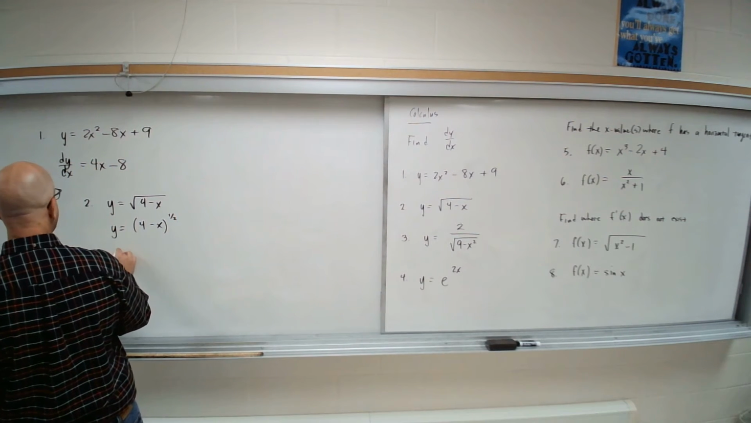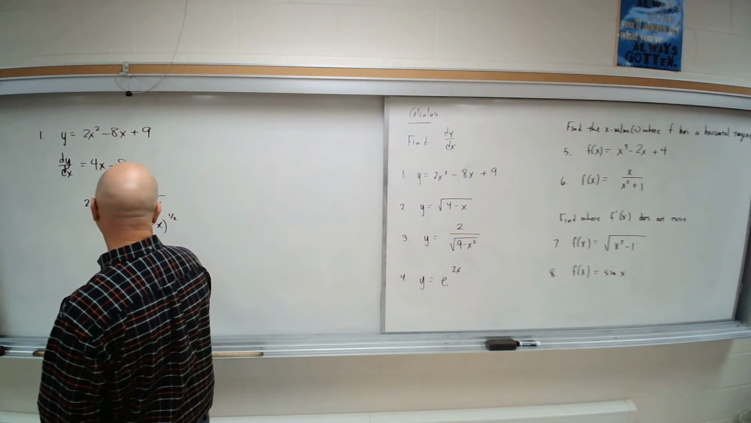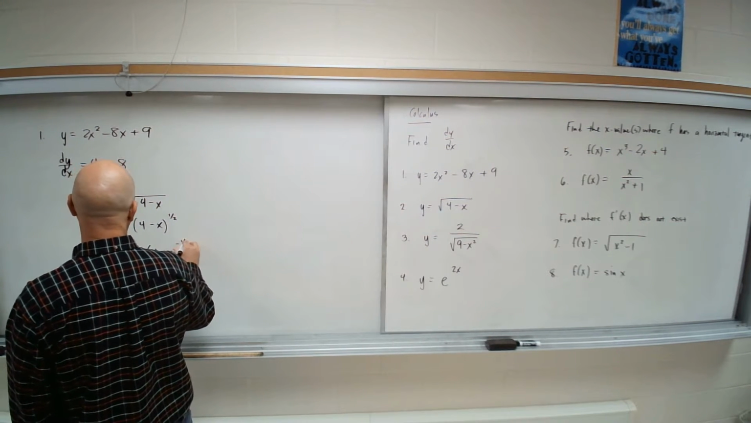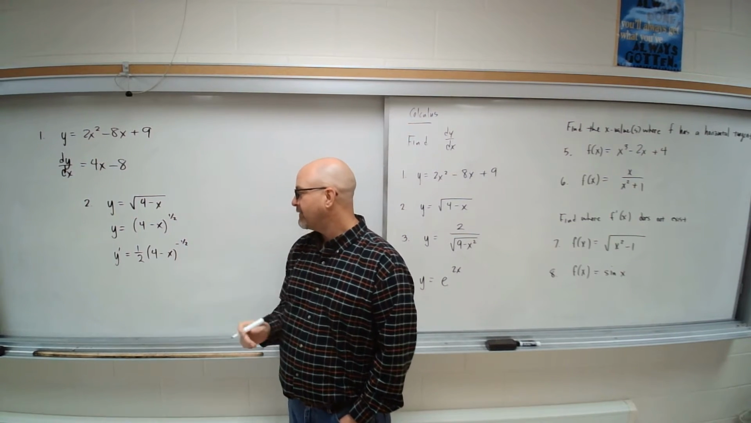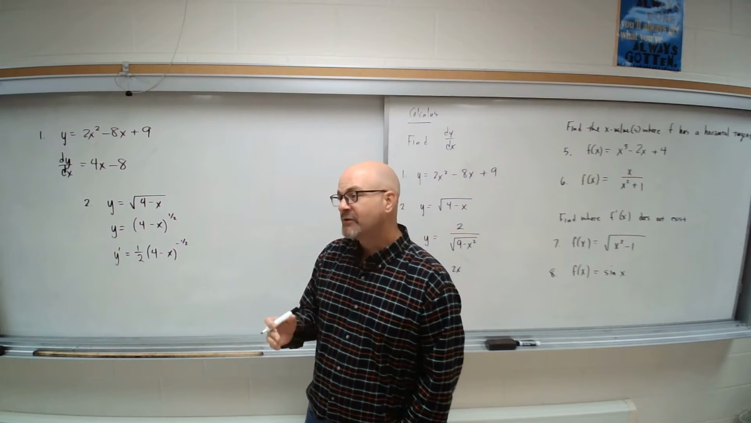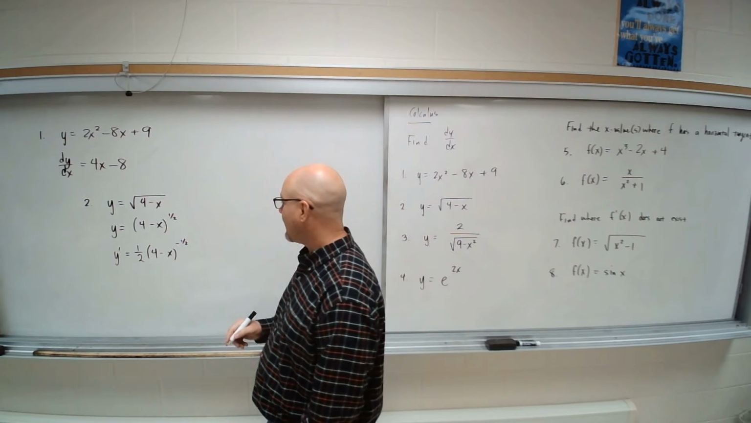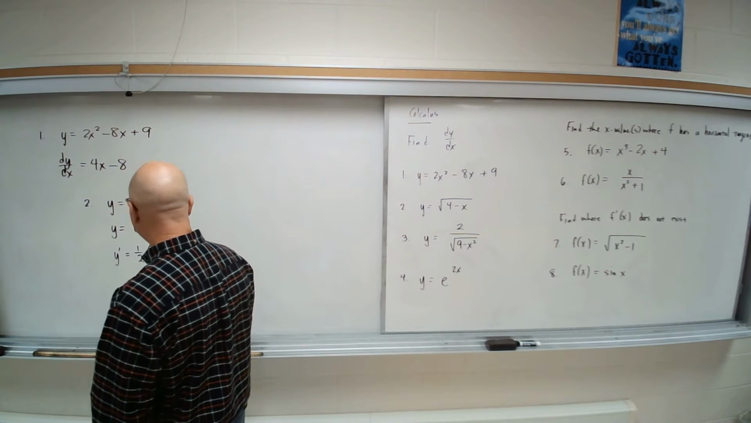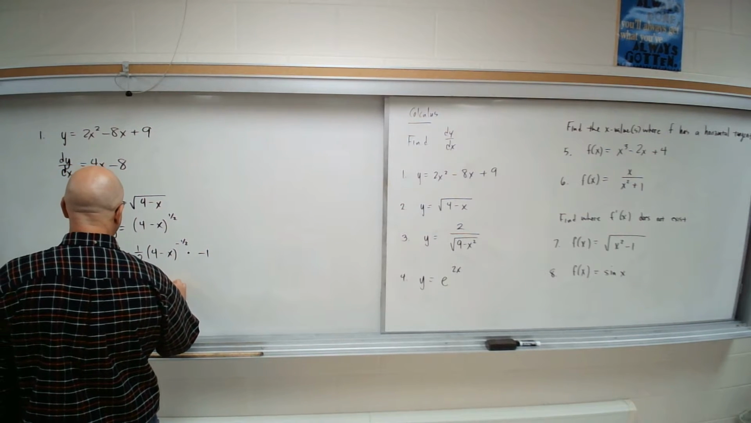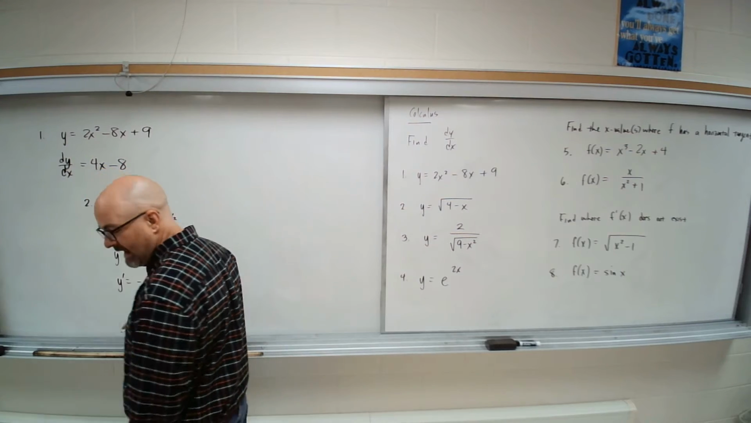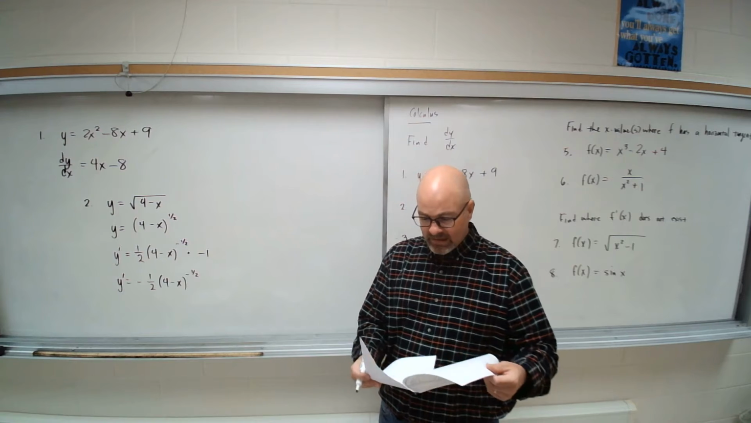So y prime, we'll put the 1/2 power out in front. We reduce the power by 1, so it becomes a negative 1/2. And then don't forget to take the derivative of 4 minus x, which the derivative of 4 is just 0, but the derivative of negative x is negative 1. So that'll be times negative 1. It would be okay to write this as y prime is negative 1/2 with 4 minus x to the negative 1/2. Or if you wanted to make it look more like the original,